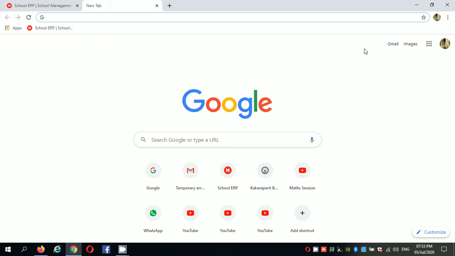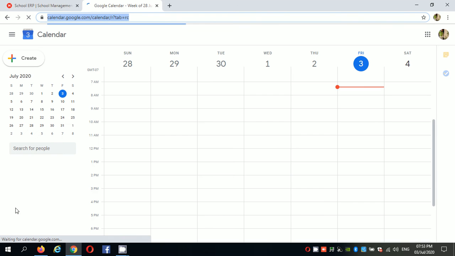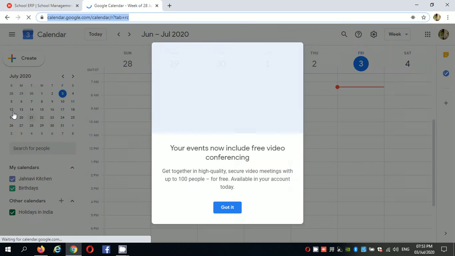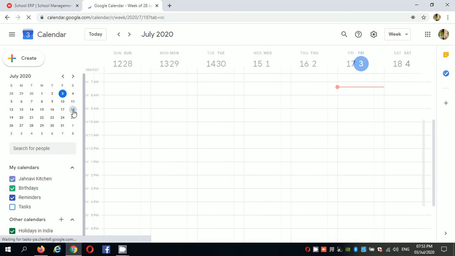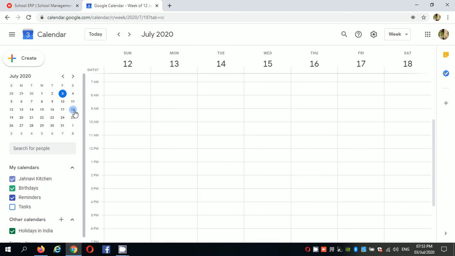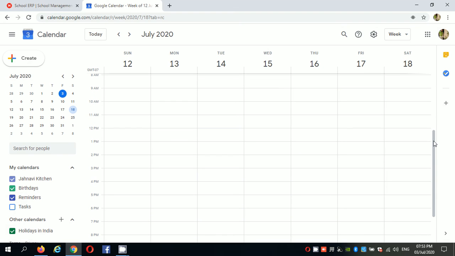In order to schedule a meeting, go to apps and click on calendar. Suppose I want to schedule a meeting on 18th July. What is the time of the meeting?